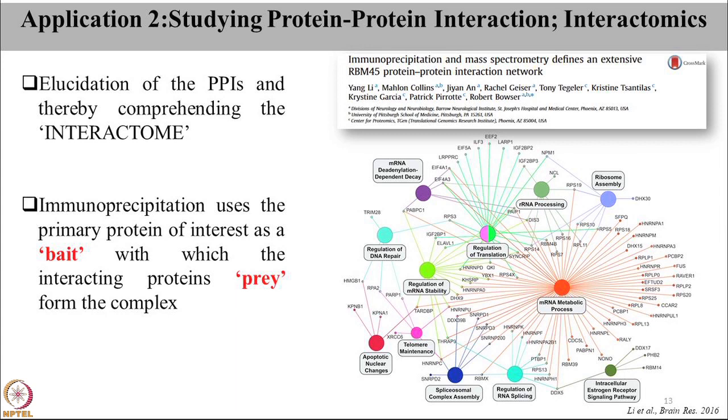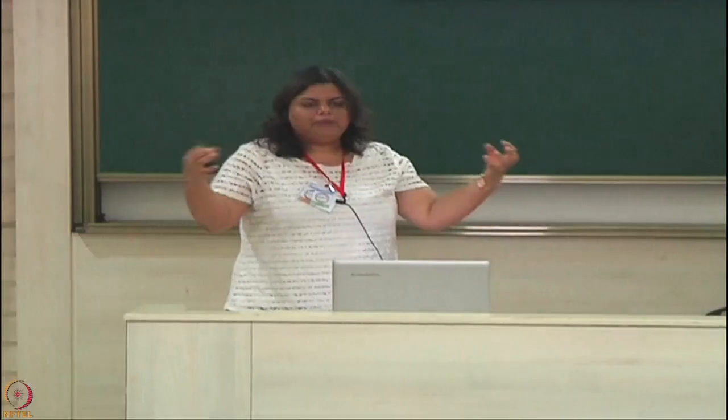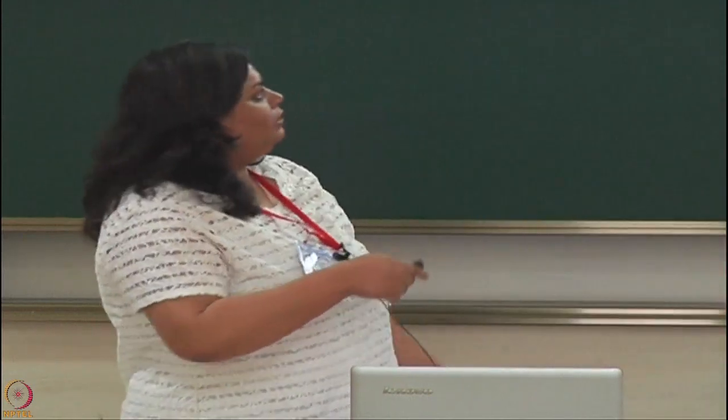In this way, we can map the whole interactome using IP-MS. In the first slide, I had mentioned that the protein of interest can be used as a bait, to which the various interactors will come and bind, so you can identify the direct interactors. If protein A is interacting with protein B, say STAT3's direct interactor Jun or whatever binds to STAT3, now you can even identify proteins that are bound to B, or Jun, or whatever it is. So you are not only identifying the direct interactors, but also the indirect interactors. Thereby you can form a map of the interactome.